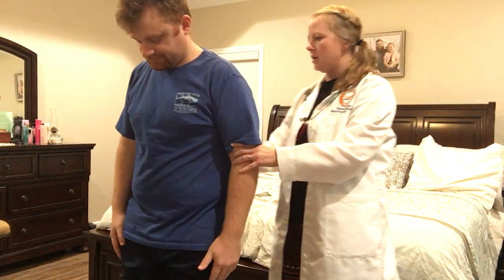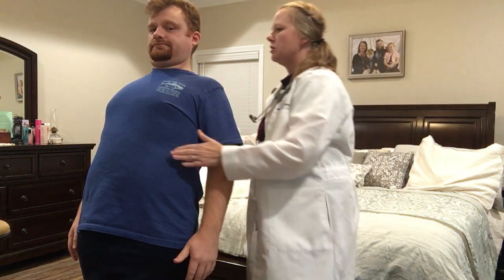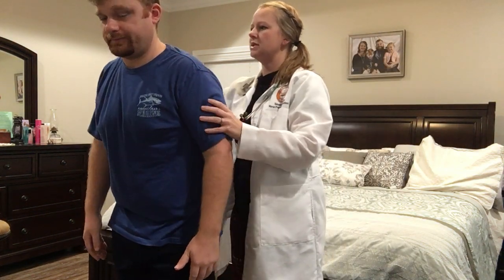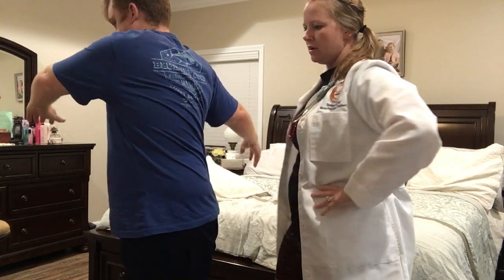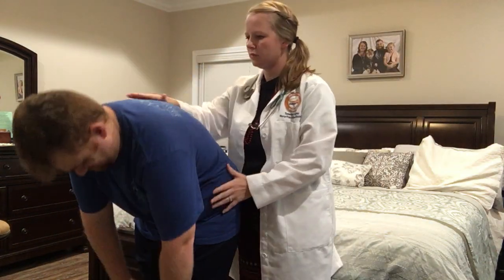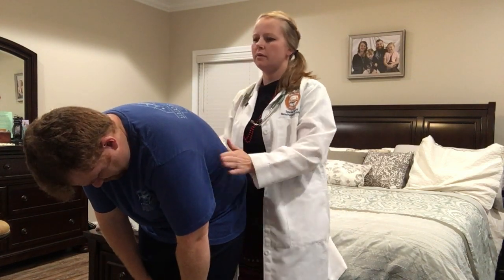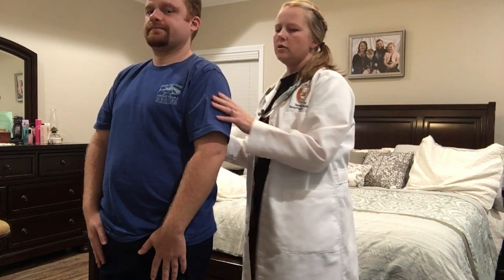Now we're going to check his spine. So walk up. Okay. I'm going to get him to kind of bend back with your spine like this. Okay. And then I'm going to get you to twist side to side. And I'm going to get you to bend down. No scoliosis noted. You can sit up. No lordosis or